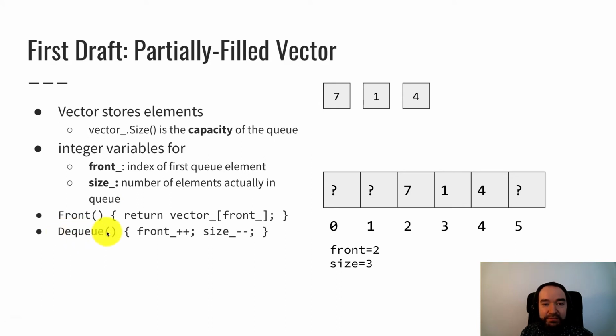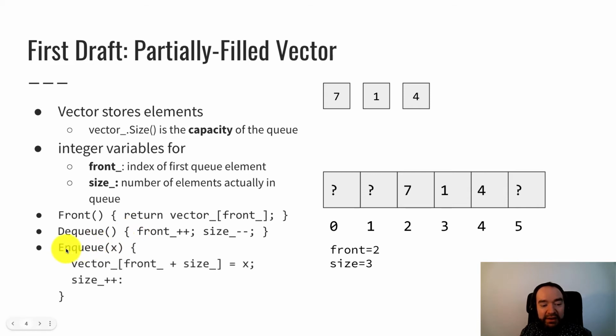Same thing for dequeue. Dequeue is pretty simple. What dequeue does is it removes the front element. So what do we need to do if we want to take out the front element, which would be the 7? So the 7 goes away and we only contain 1 and 4. Well, what we'll do is just say, forget about this current front element 7. It's not the front anymore. And we can do that by incrementing the front variable. So if front is incremented from 2 to 3, now 3 is the index of 1, and 1 is the new front. So that's why we do front plus plus. And then we also need to account for the fact that we removed an element from the queue, so we do size minus minus to keep the size data member accurate. That's all there is to it. Again, there should probably be an exception check there, but we're leaving that out for time right now.